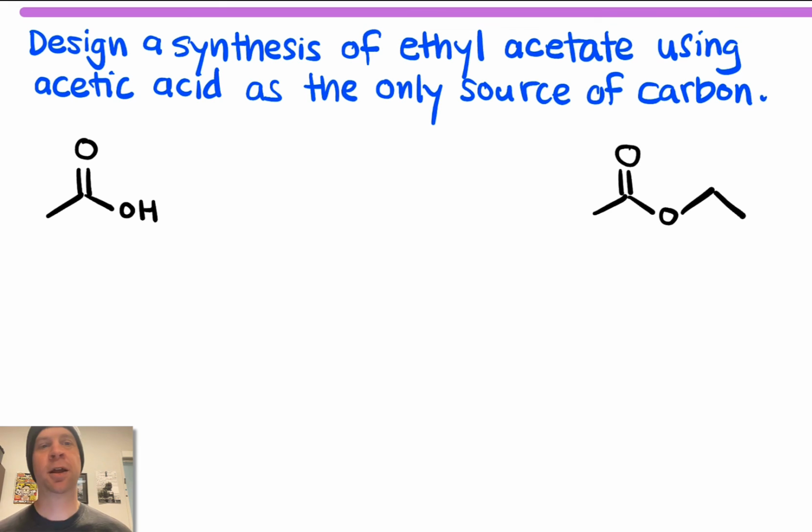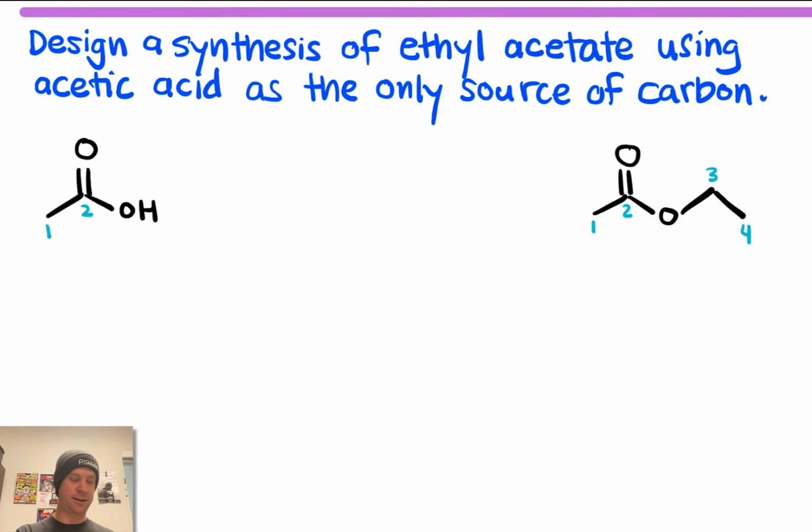In this last problem, we're supposed to design a synthesis of ethyl acetate using acetic acid as the only source of carbon. Now, this latter bit is important. We need to use reactants containing carbons such that all those carbons came from acetic acid. Acetic acid contains 2 carbons, but ethyl acetate contains 4 carbons. And so we're going to need to first of all incorporate at least 2 molecules of acetic acid in the